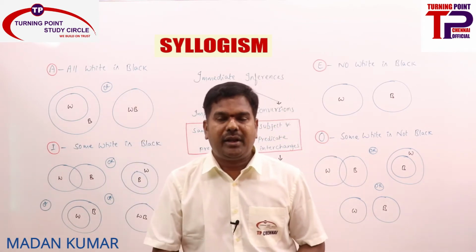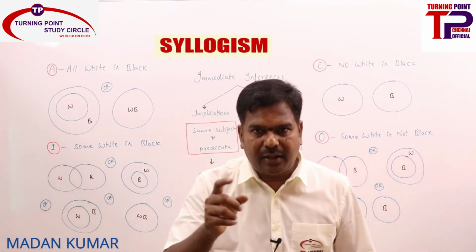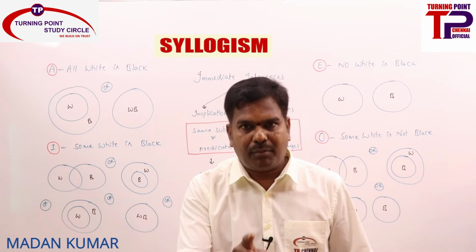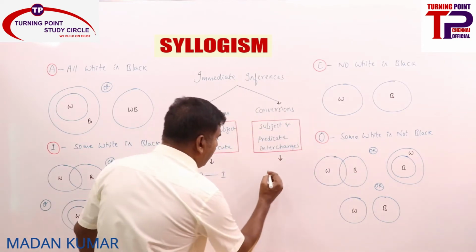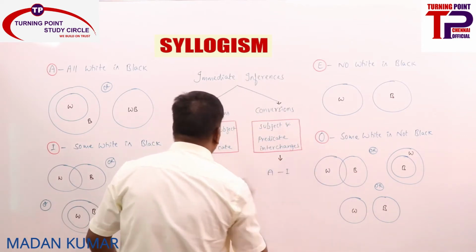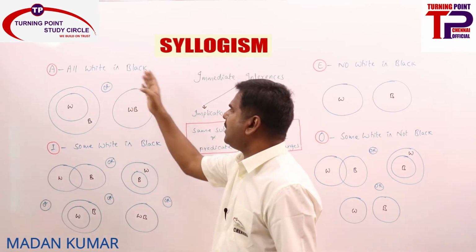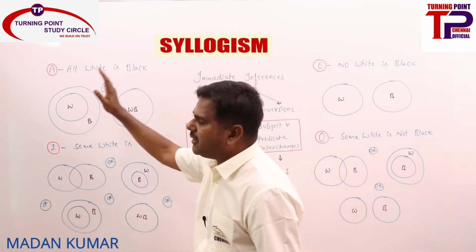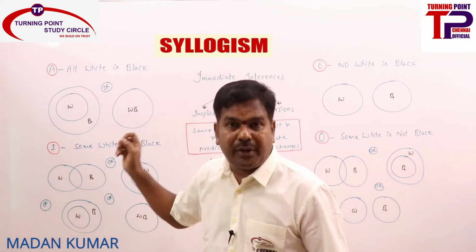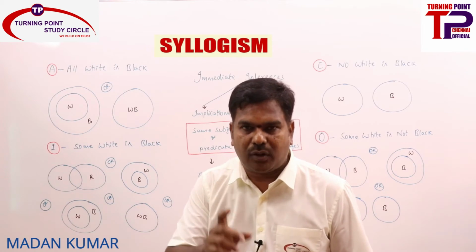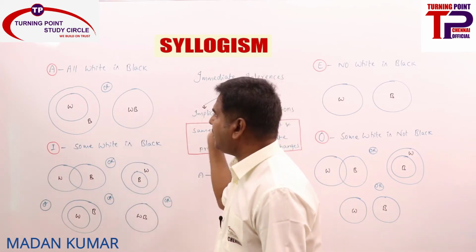So now in immediate inferences, A is directly implied by I statement. A can be converted into I statement. Are you getting? So whenever an A statement is there, from the A statement we can directly tell that some white is black is also true, some black is white is also true. It must be true in all the diagrams, then only we need to consider, or else we should not. Always keep this in mind. Now the I part is over.